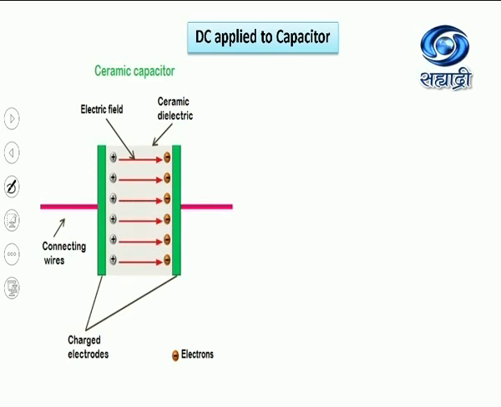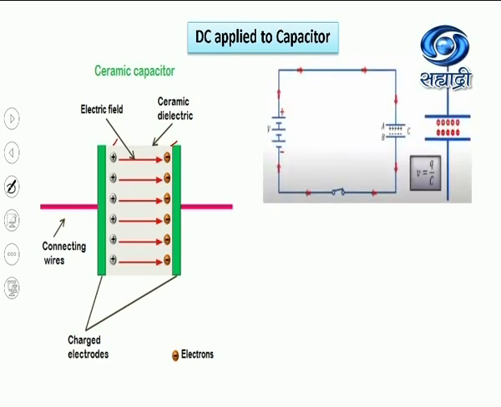Let us consider two plates of the capacitor and DC is applied. One plate will have negative charge, the other plate, due to electrostatic induction, will have an equal amount of positive charge. So here we can see the DC source is applied across the capacitor. Once you close the key, then current will flow in this direction. Actually, the electrons are flowing in the opposite direction. These electrons which are flowing in this direction will be accumulated on this plate B. Due to electrostatic induction, an equal amount of positive charge is generated on plate A, and less bound negative charge, that is the electrons, come to the positive terminal, and that is how current is established.